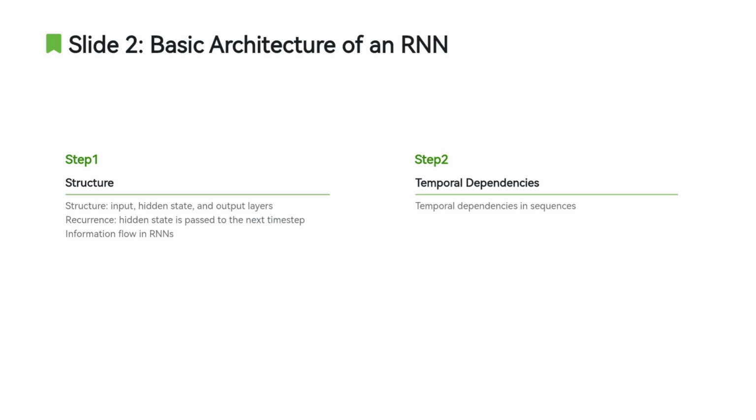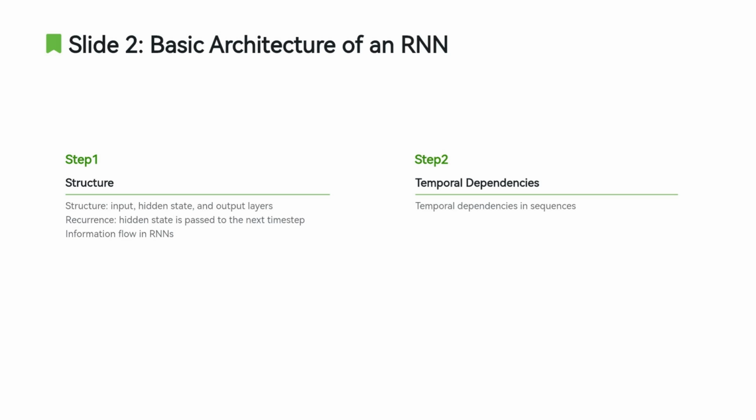The key feature of RNNs is the recurrence. The hidden state from the previous time step is passed along with the new input to the next time step, allowing the network to maintain temporal dependencies across the sequence. The output of the network is typically a function of both the current input and the hidden state. This feedback mechanism enables RNNs to model sequential dependencies, which makes them suitable for tasks like sequence prediction, language modeling,